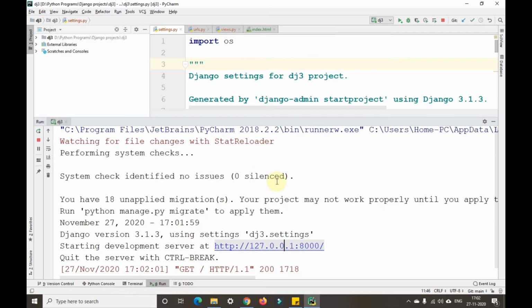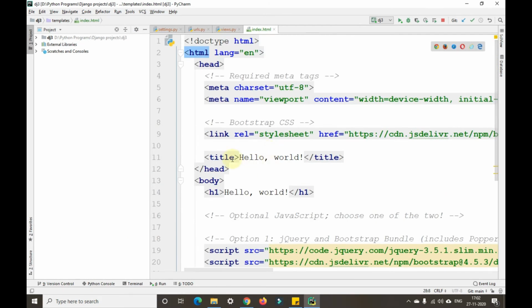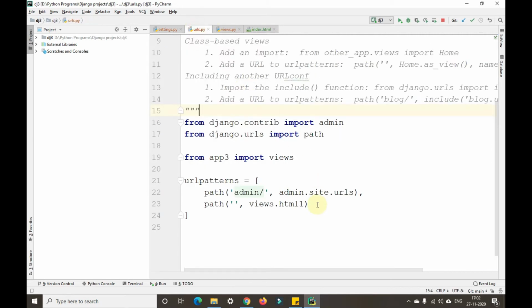As you can see, in the index.html we have the title as hello world and h1 as hello world. So similarly, I'll create a new URL. I'll name this URL Bootstrap here, just to show you the difference between the normal Bootstrap code and normal code.